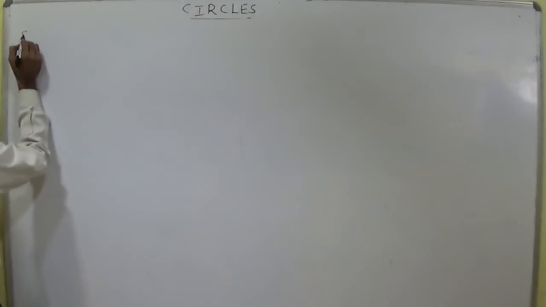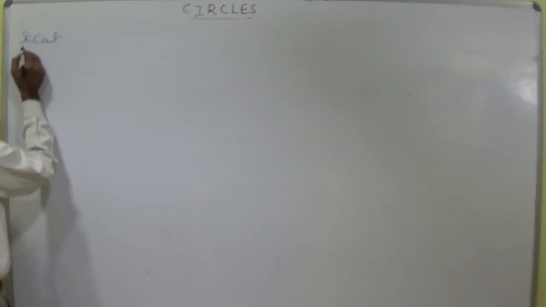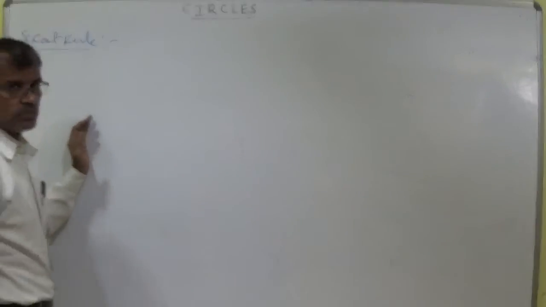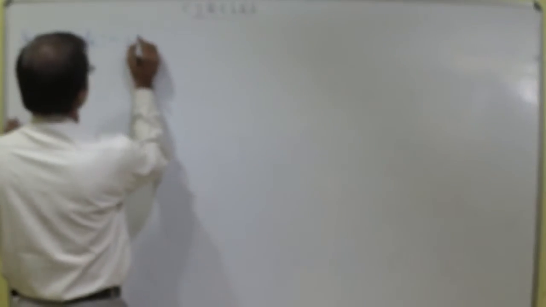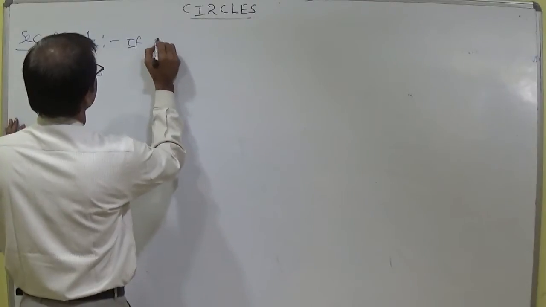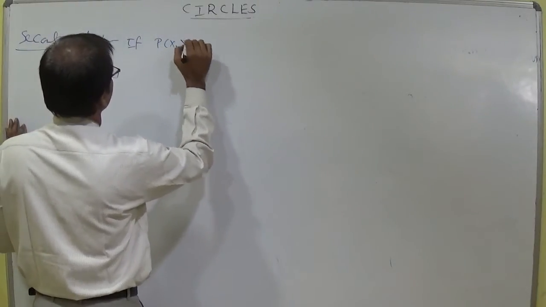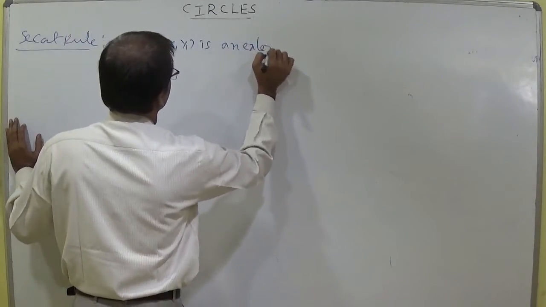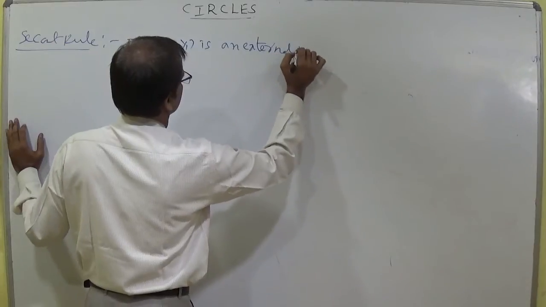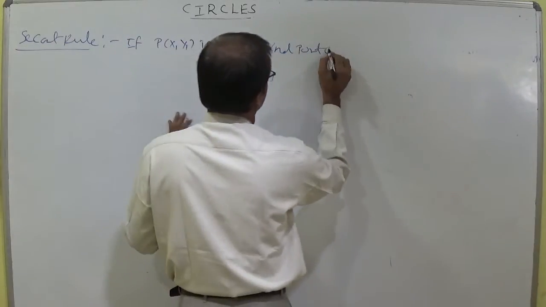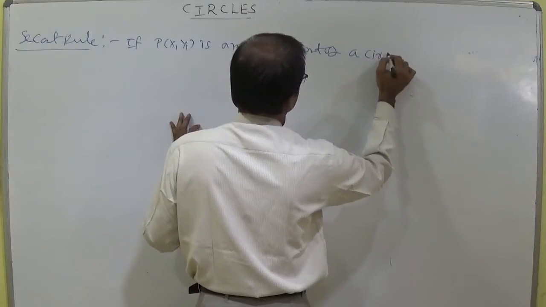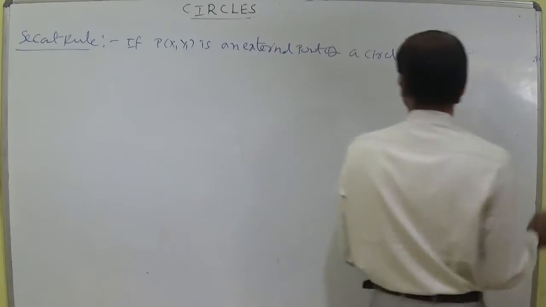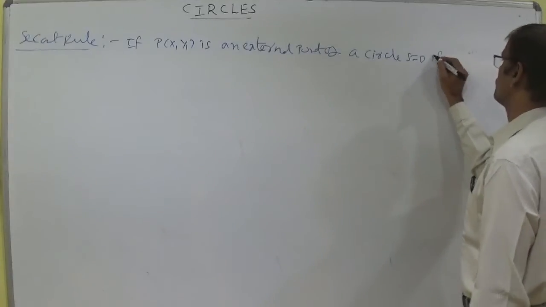Put a side heading: secant rule. The secant rule will be useful in level 1 objective. If P(x1, y1) is an external point of a circle S = 0,